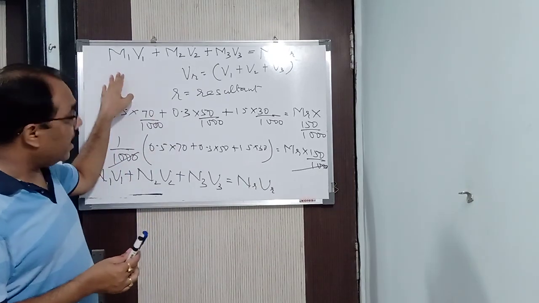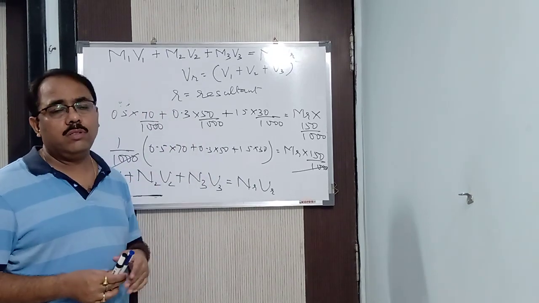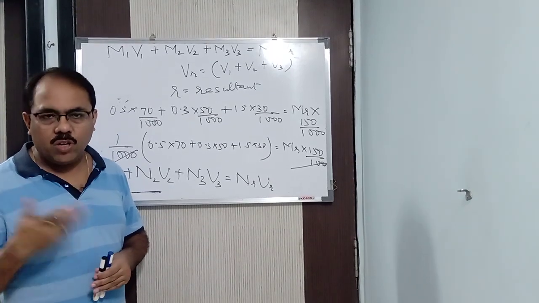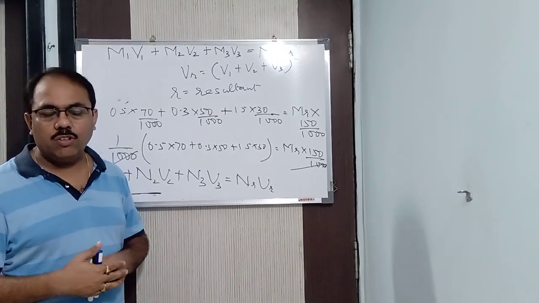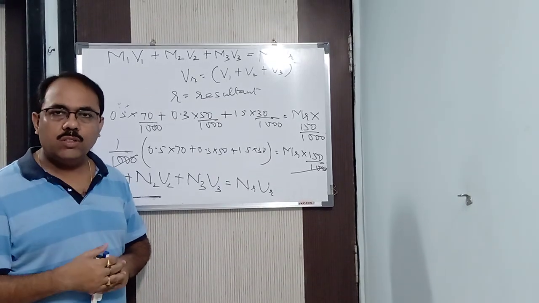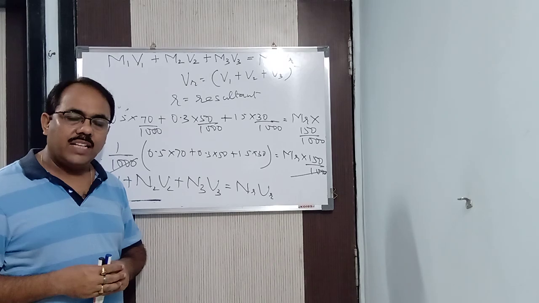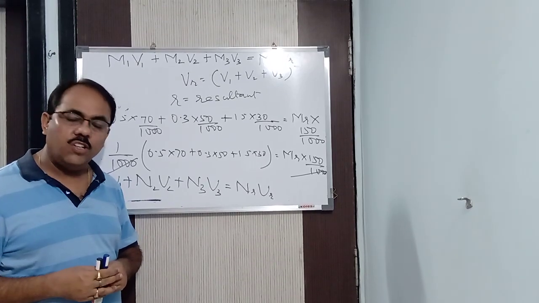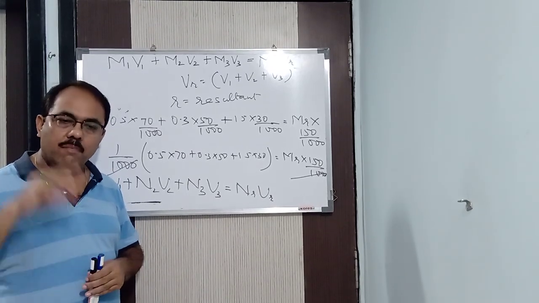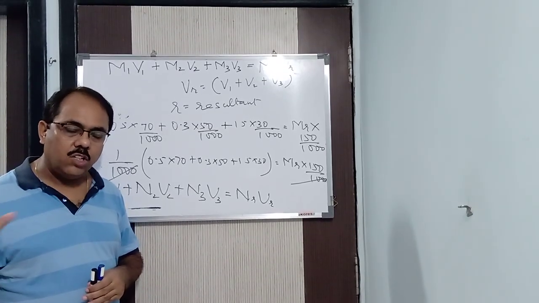But in case of molarity and normality, mind it, and molality also, we cannot add the value. Why? Because again I repeat, it's a property of a solution and a property cannot be added to a property. Suppose one more example I am giving you. Suppose your mother is loving you, your father is loving you. How much are they loving you? Will you add both the love and divide by 2 to calculate the average love of your parents? Can it be added? Can you measure how much it is? No, it is a property of your parents. So property of a solution cannot be added, nor subtracted, nor divided, nor multiplied.